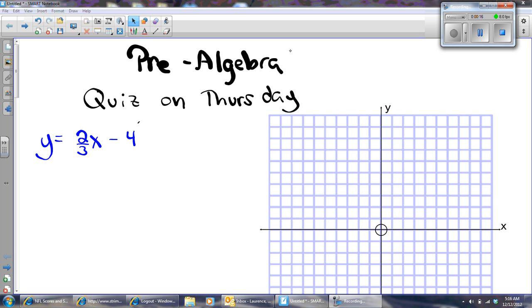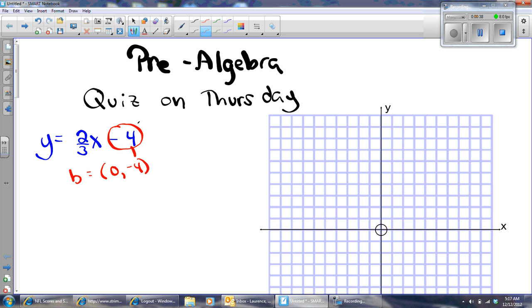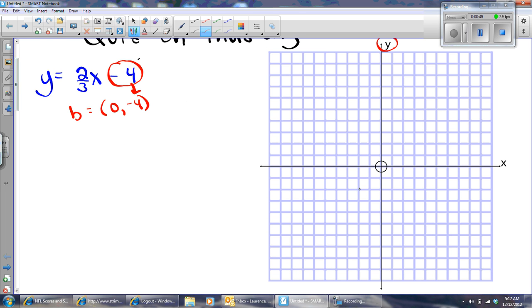All right, something we haven't done in a little bit of time, slope-intercept form. We're going to graph. Remember that when the y is alone, we don't need to make a t-table. When the y is alone, we know the y-intercept, which in this case is 0, -4, right? The -4 coming right from there. And since it's the y-intercept, it means it has to be on the y-axis. Well, every point on the y-axis has an x-coordinate of 0. So this is the point 0, -4. So I'm going to graph 0, -4